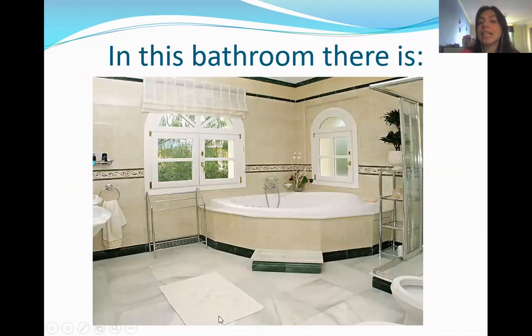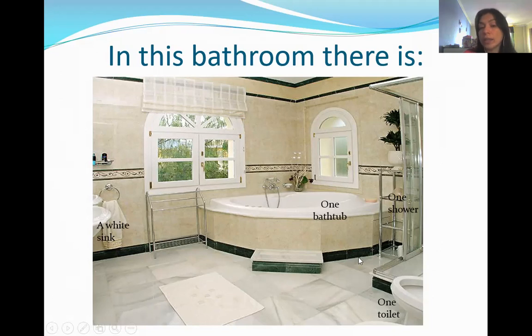In this bedroom, there is. En este baño hay. Entonces vamos a ver qué objetos hay. ¿Sí? Vamos a ver en singular. There is a white sink. Hay una toalla blanca. There is 1 bathtub. Tenemos una, dice que hay una bañera. There is 1 shower. Hay una ducha. ¿Sí? 1 shower. There is 1 toilet. Hay un inodoro.